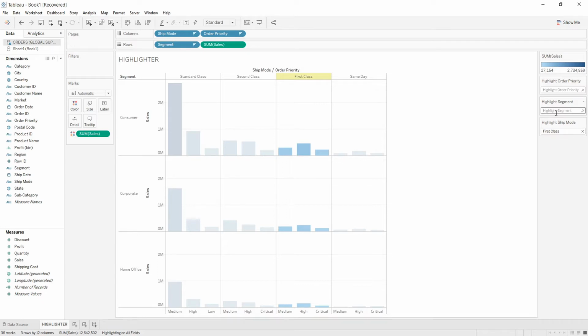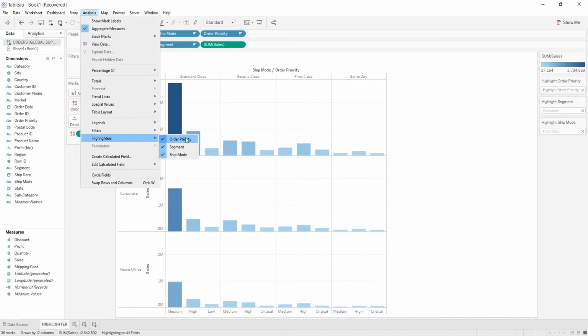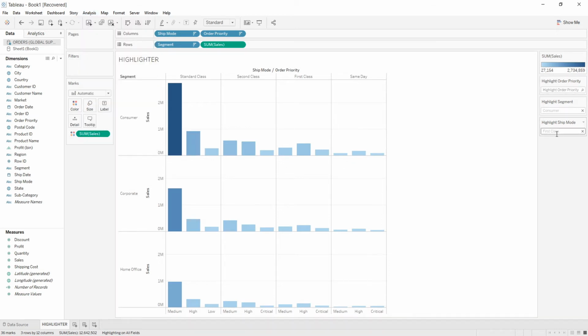And now if I select this consumer, then also I'll be getting the record of only the one which is lastly selected. So it means if last I have selected the consumer, we'll be getting all the records of consumer, but we'll not be getting the record of the consumer for same day. It means when I am applying the highlighter from the analysis tab, all these attributes that we are applying highlighters from the marks card, they become independent of each other. Remember this thing, all these highlighters would be independent of each other. We cannot use them by combining the values of these two together and getting the output. Now, if we want to do that, I want to check the order priority standard class.